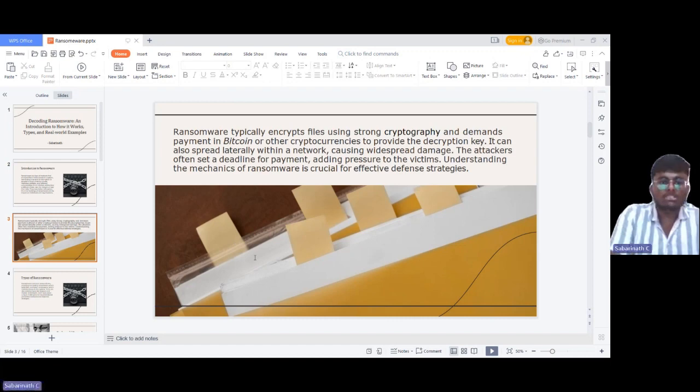How ransomware works? Ransomware operates with surgical precision, employing a process that aims to hold digital assets hostage until a ransom is paid. Let's dive into the mechanism of how ransomware works. Infiltration. Ransomware often gains entry through deceptive methods such as emails, attachments, messaging,